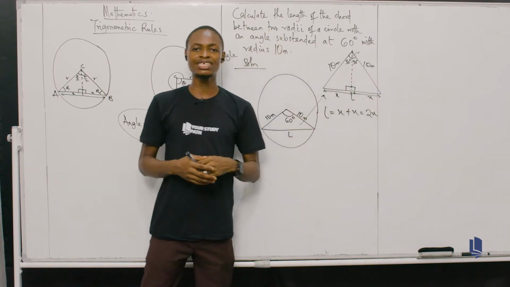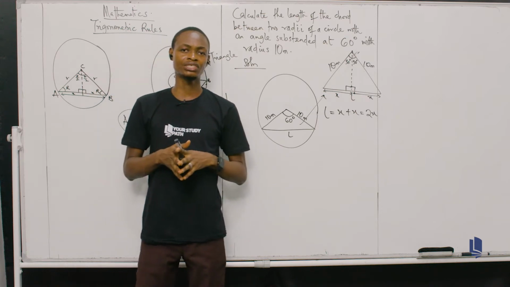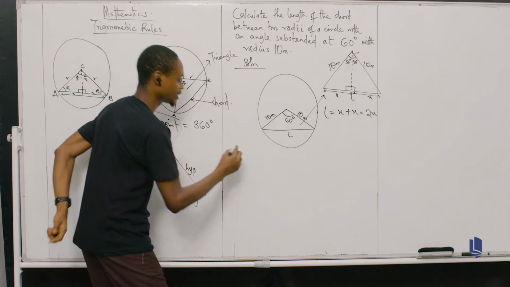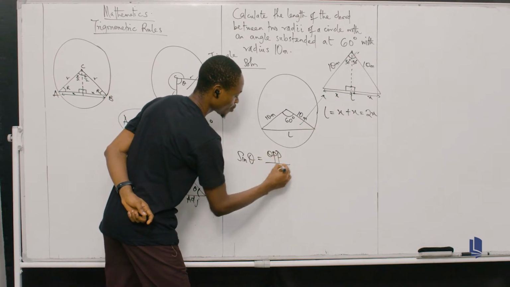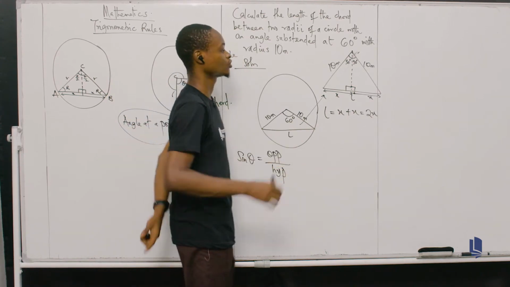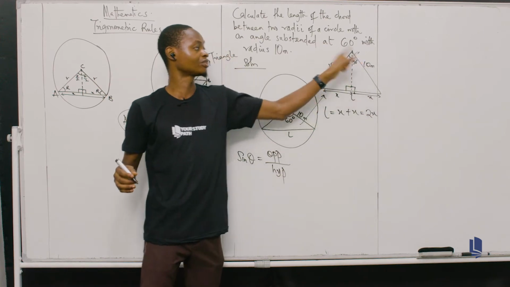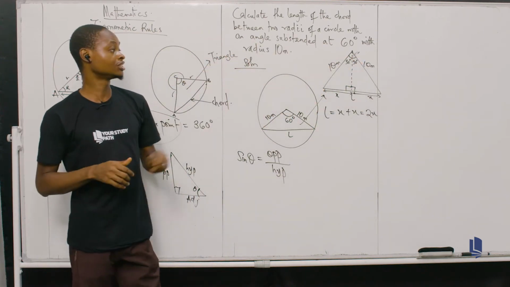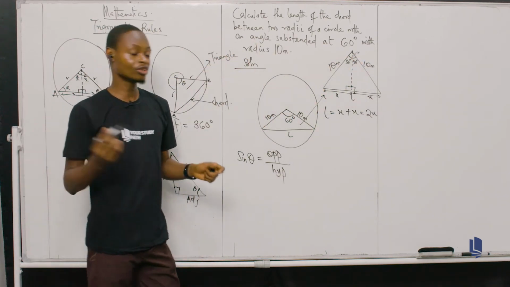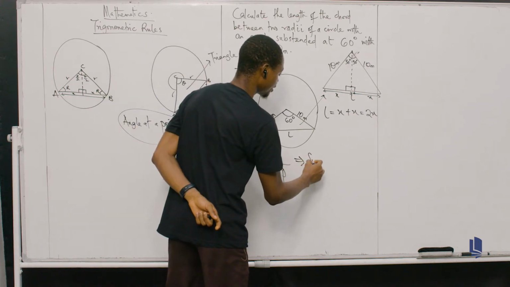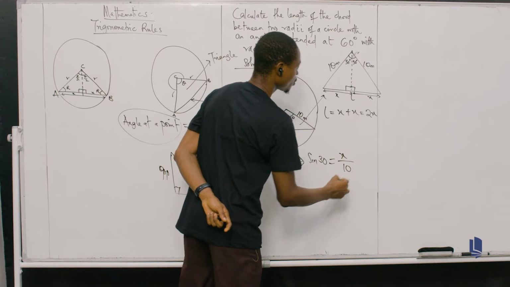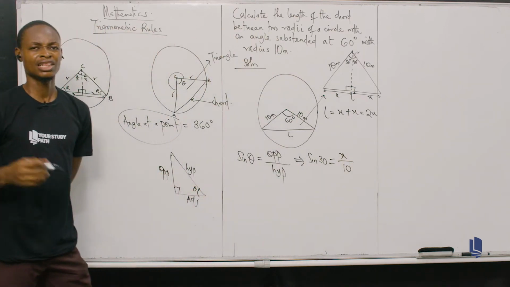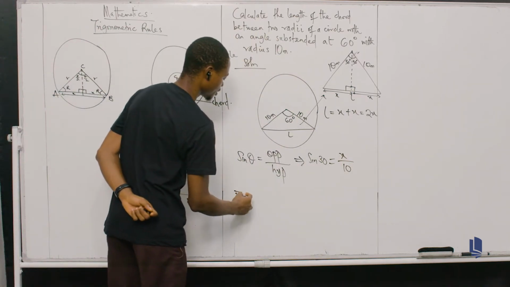From our trigonometric ratio, SOHCAHTOA precisely, we know that sine theta is equal to opposite over hypotenuse. We are looking for the opposite side. We have the hypotenuse, we have theta, which in this case is 30 degrees. What does that mean? It just means that sine 30 is equal to x over 10, right? Let's make x the subject of the formula. That means that x